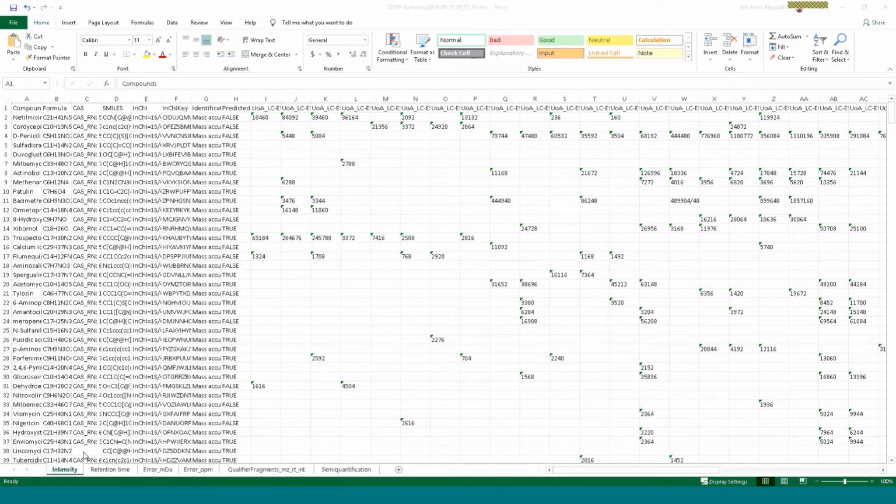In the intensity tab, we can find the compound name, the molecular formula, the CAS number, structural identifiers such as SMILES, InChI, and standard InChI key, identification proofs, whether the predicted or experimental fragments are available in the compound database, and finally, intensity, signals observed in the samples.